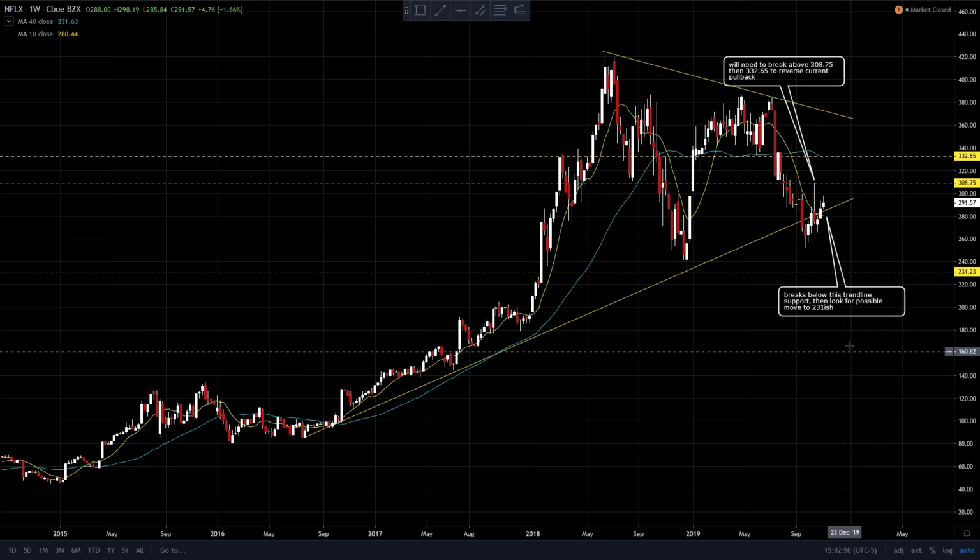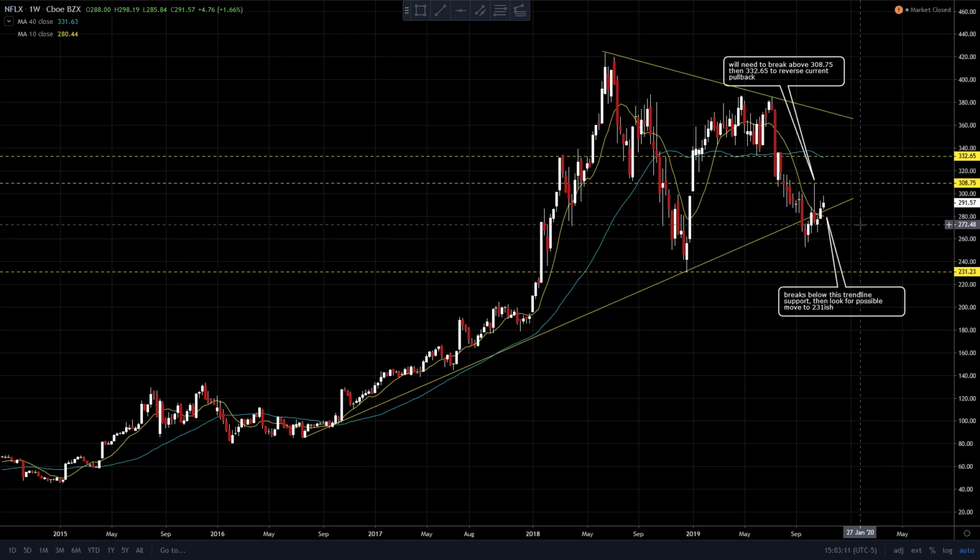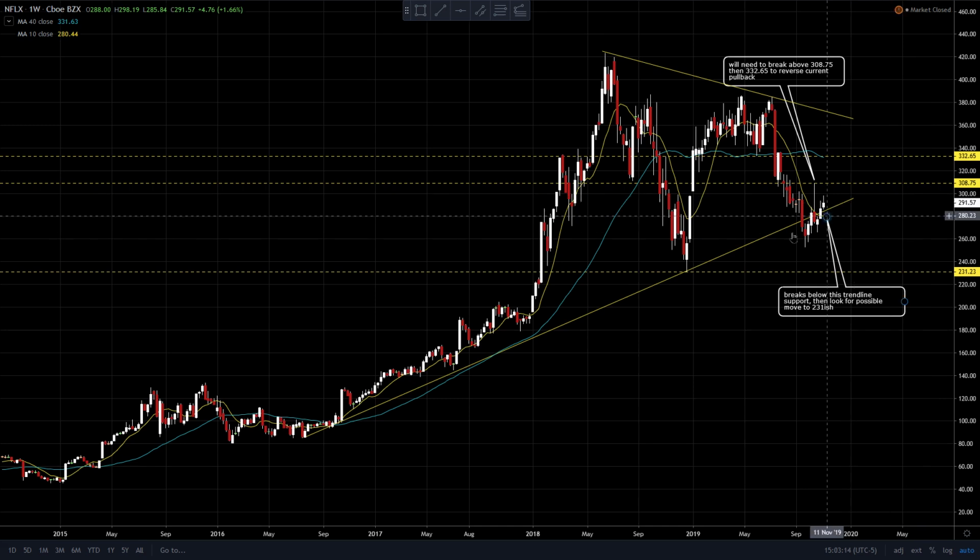Here's Netflix. Netflix recently got sold off due to the earnings guidance and also the possibility of increasing competition from Apple TV Plus and Disney and the other emerging competitors in this streaming space. So right now, looking at Netflix, it seems to be coming back up above this trend line here. And I said if it could break through this 308.75,